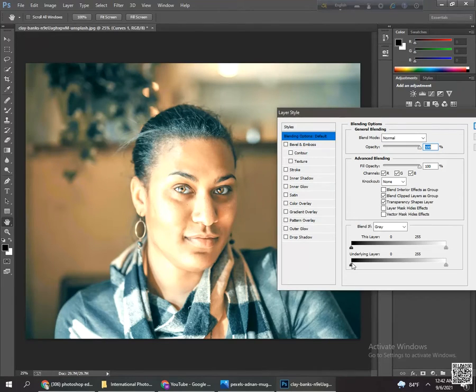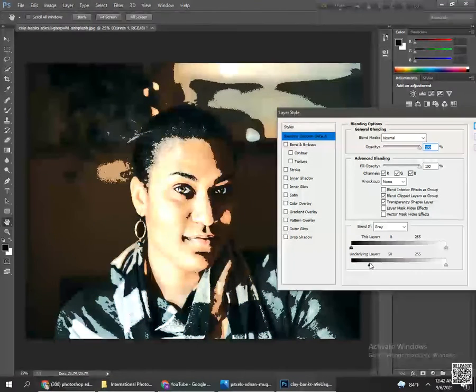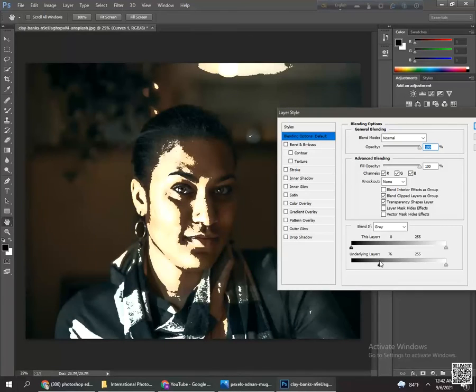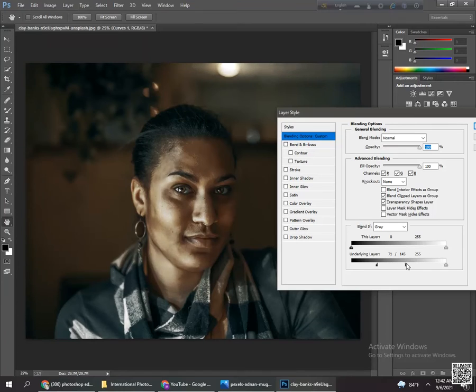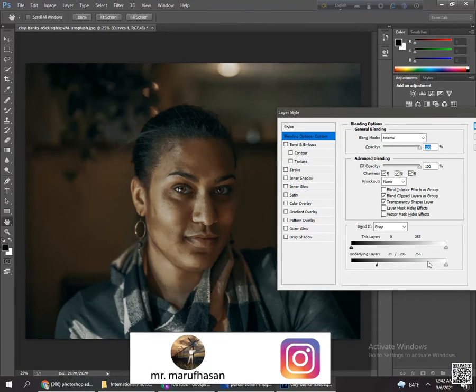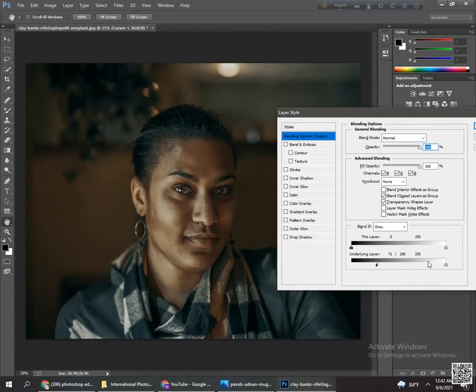Click the black icon and swipe it, and after that you can see this light option, and then press Alt and the mouse pointer and swipe it. Okay, and then